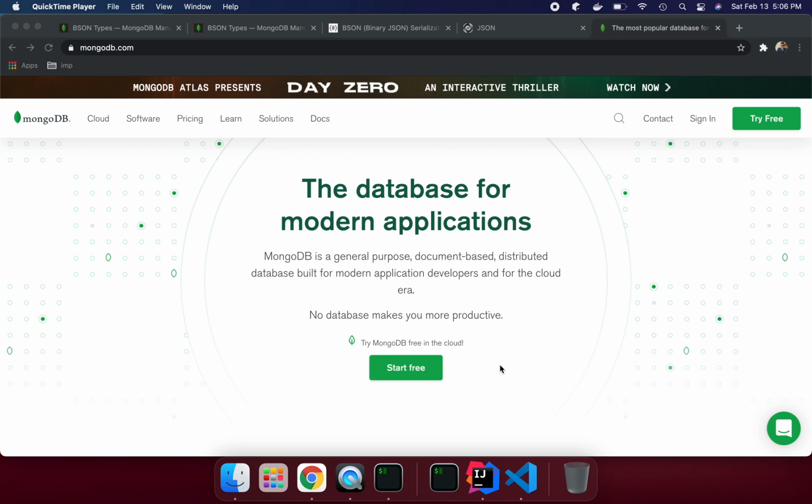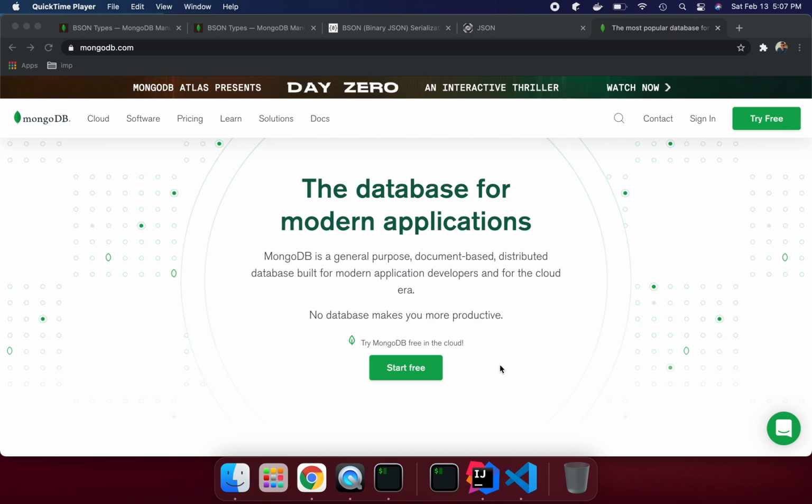In this session, I'm going to talk about basics like what is a collection, what is a document, how we can create a database, and how we can do the CRUD operations. We'll try to cover all those steps one by one, then we will move on to the advanced level.